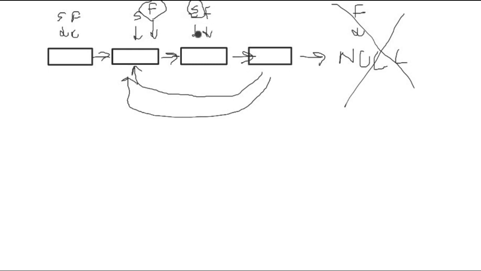So in the next iteration, the slow pointer from here will go here, and the fast pointer will again make two jumps, and it will reach from here directly in one iteration to here. And at that particular time, both of these nodes will be pointing towards the same node. And it is only possible when there is a loop.